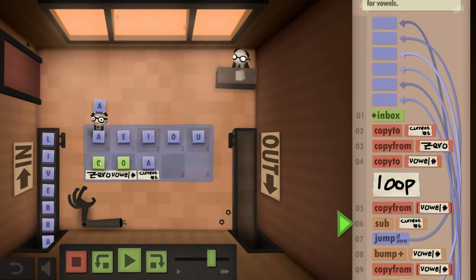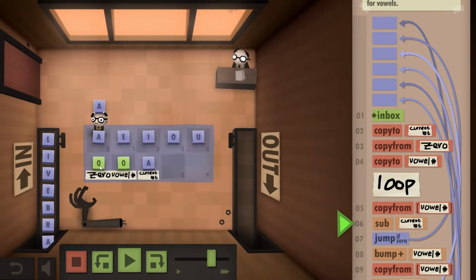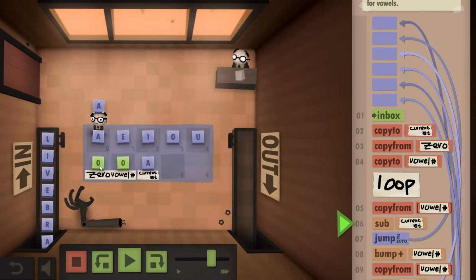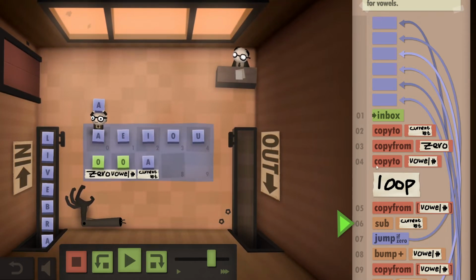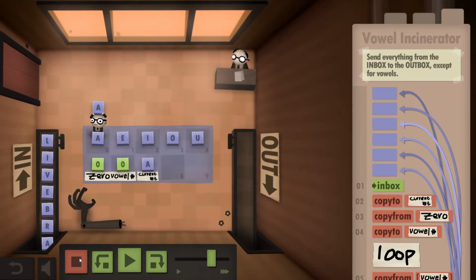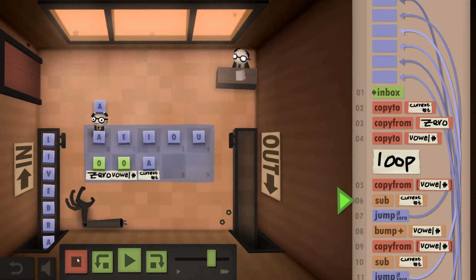I could double that up, I guess, right? And just say, when you get to the end. I'll just see if this is better. Do I have room? Oh, I don't have room in another tab. That's unfortunate. Because I was thinking what I could do instead of copying to a vowel number, this might be